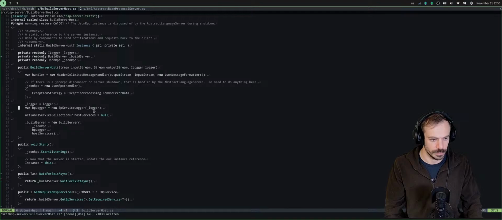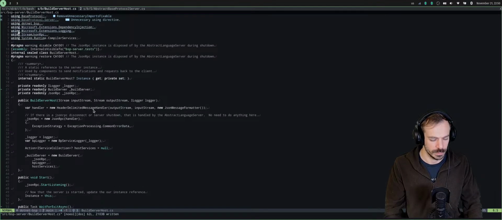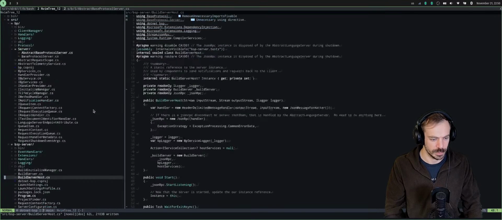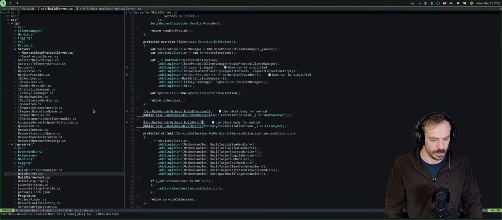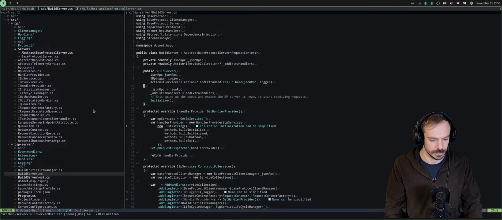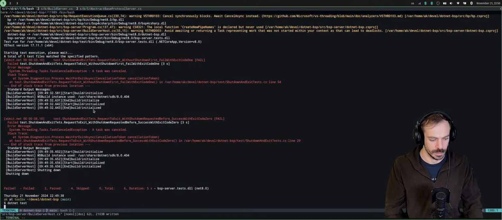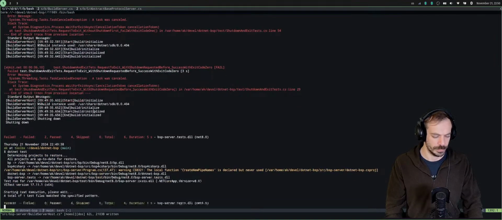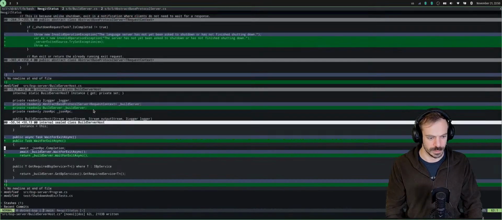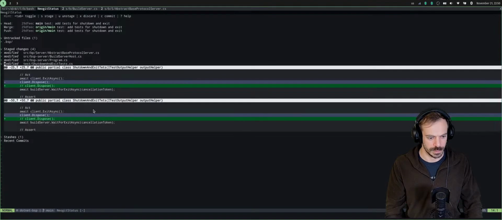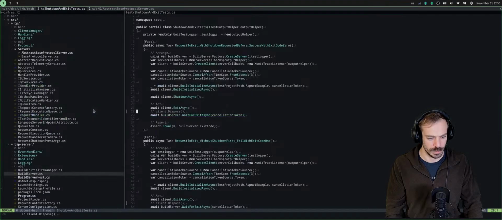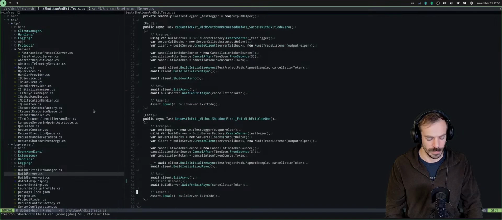Just wonder if I ever need this, or I can merge this build server and build server host here. For now, maybe first just again. So this works now. So we can add those changes. Remove actually the disposes here. Don't need that anymore.